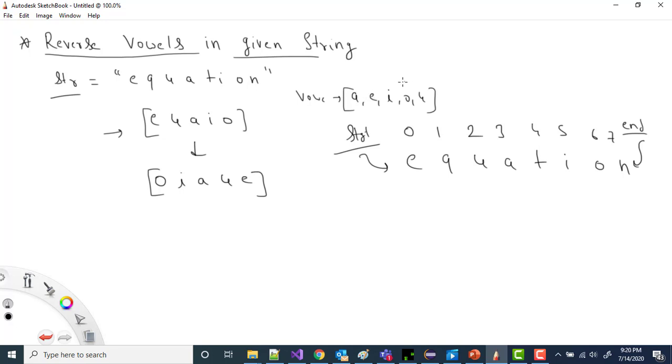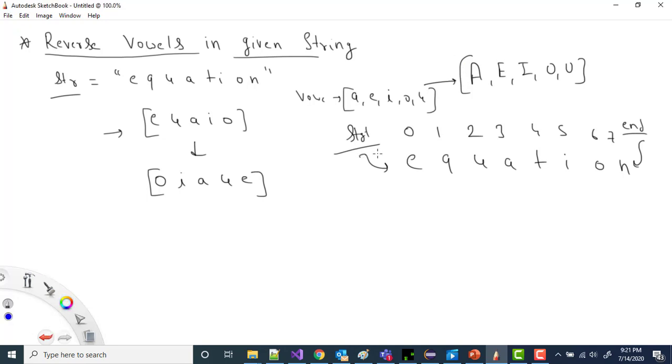So in our function, when we check whether this is a vowel or not, we'll check if this character is any character out of this one, as well as we also will check whether this character is part of this one, right? So this is also what we'll check. So if this character is part of any of these 10 characters, we'll say this is a vowel.